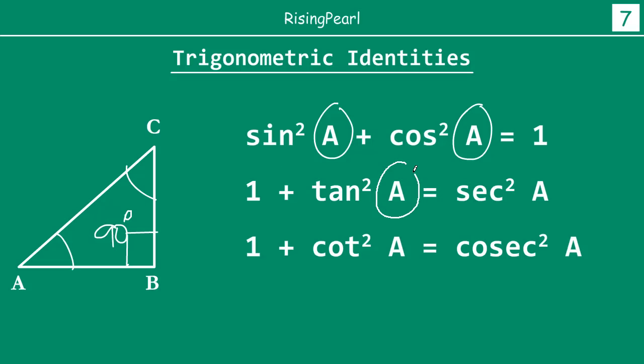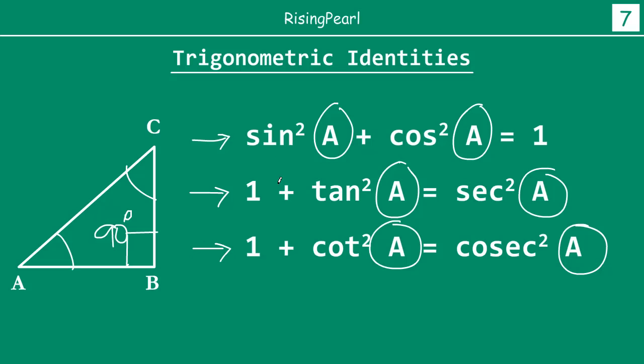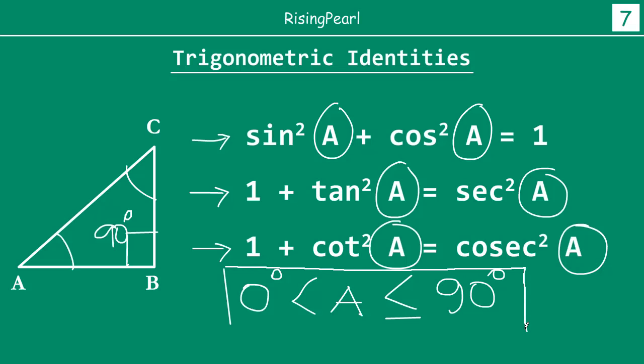All of these identities, we have listed 3 identities here: identity number 1, identity number 2, identity number 3. All of the 3 identities are true for all values of A, where A is an angle inside a right triangle. That means it must be greater than 0 degrees, because an angle cannot be equal to 0 degrees, and it can be equal to or less than 90 degrees, because these are angles in a right triangle. The maximum value of this A or any angle can be up to 90 degrees or less, but more than 0 degrees, between 0 and 90 degrees inclusive. So for any of those values of A, each of these 3 equations will always be true,